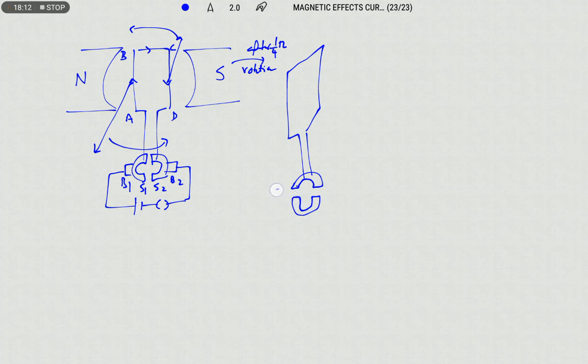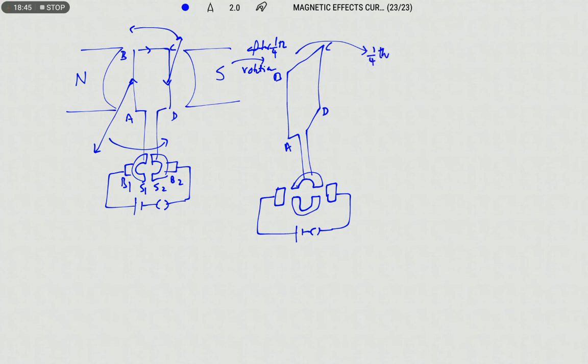When the position of the split rings changes, there is no contact established between the split rings and the battery. So when there is no current, the circuit is broken. Now the circuit is in off mode. When the circuit is in off mode, there is no flow of current in the circuit. Even though there is no flow of current in the circuit, the coil makes a further rotation to the next 1/4. So from 1/4 to the next 1/4 rotation it will make.